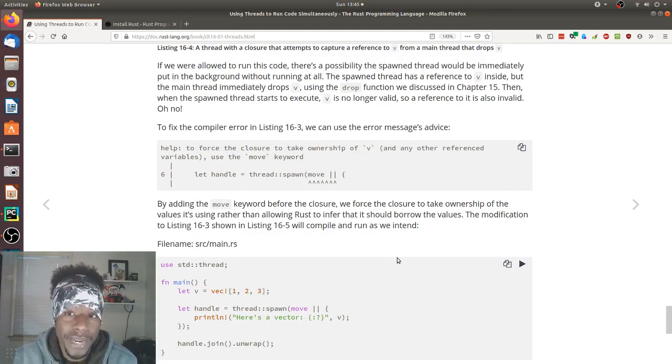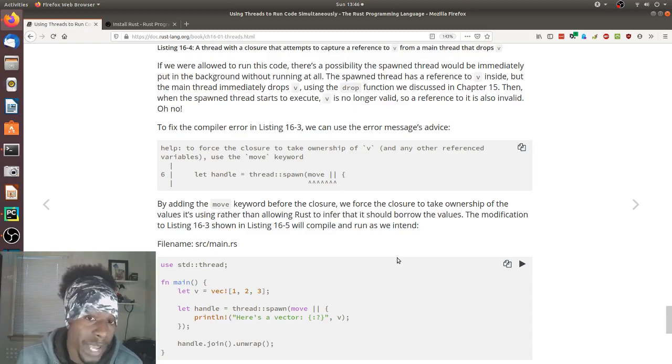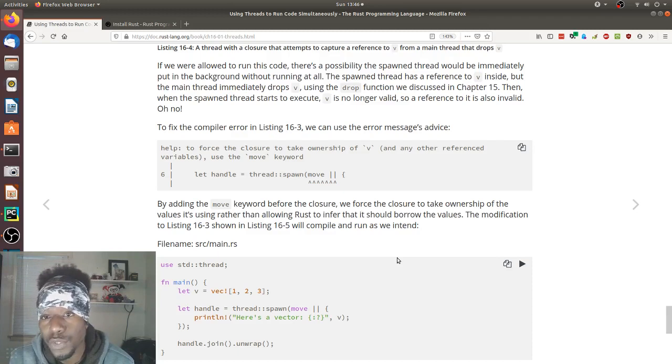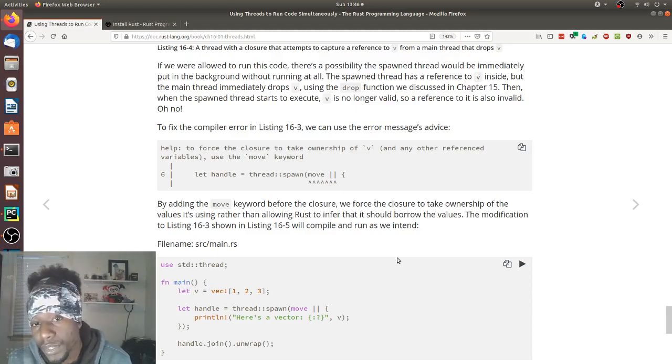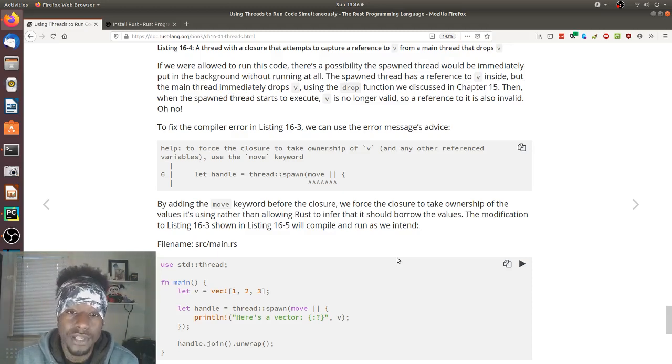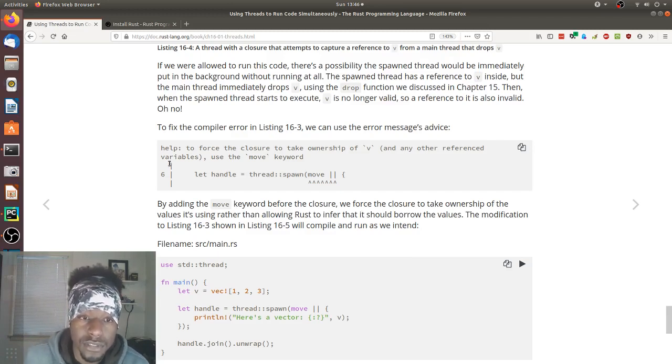The spawn thread has a reference to v inside, but the main thread immediately drops v, using the drop function we discussed in chapter 15. Then when the spawn thread starts to execute, v is no longer valid, so a reference to it is also invalid. Oh no!